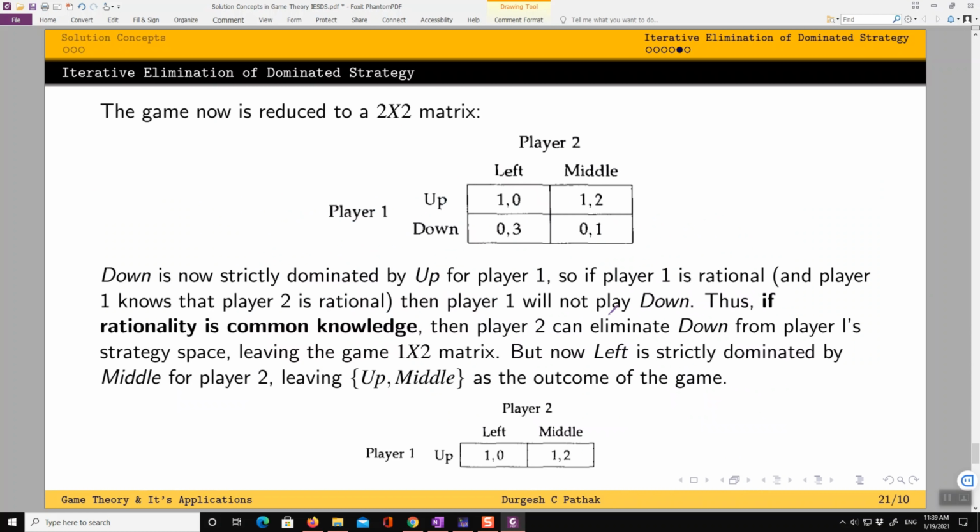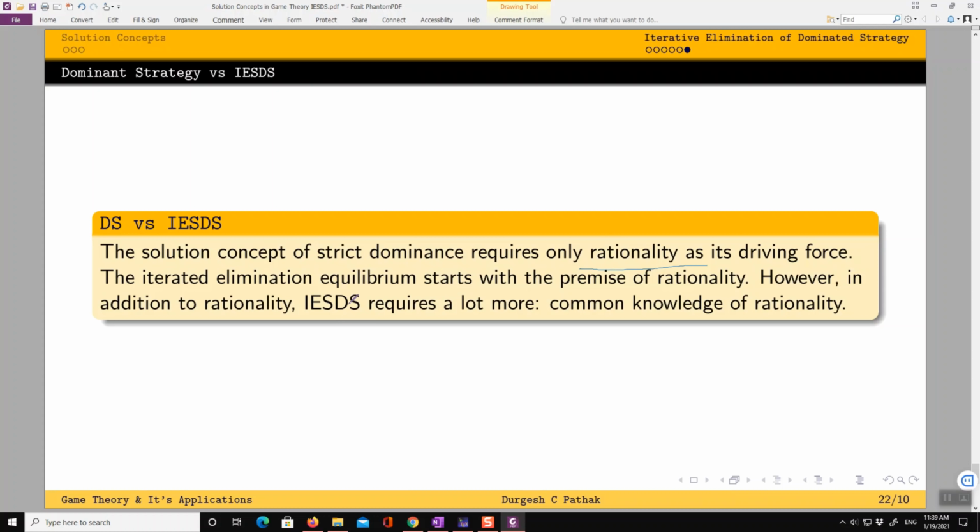But in this situation, when we use IESDS, the requirement is actually much more strict. Players are to be rational, and their rationality is also supposed to be common knowledge. It should be available to everyone that the other player is rational.